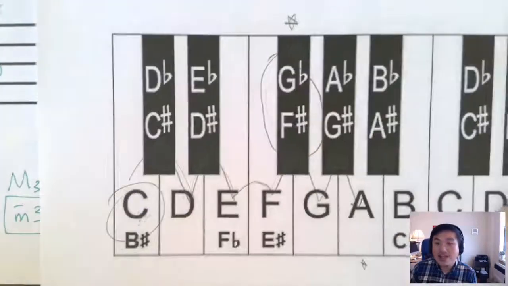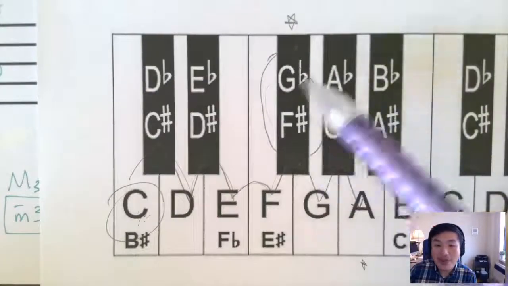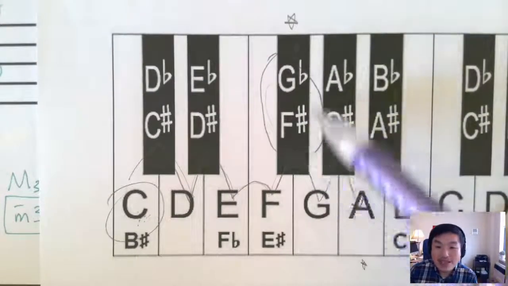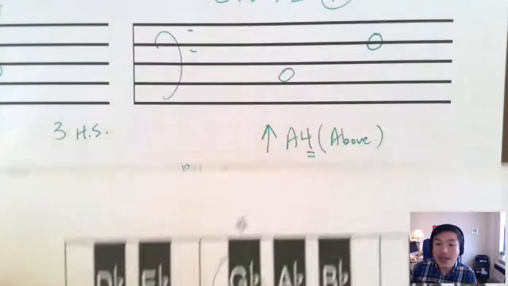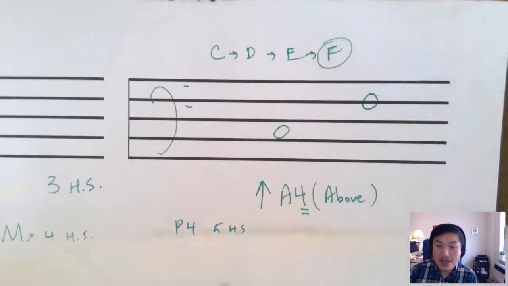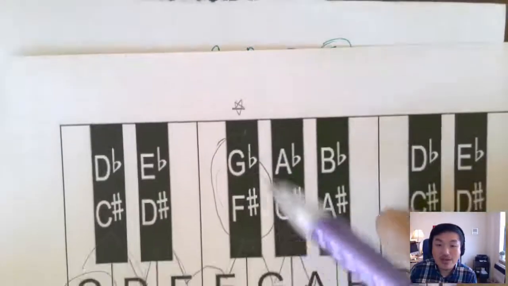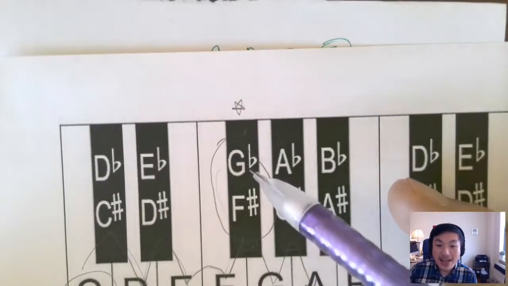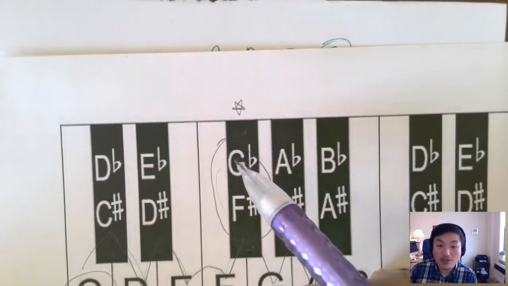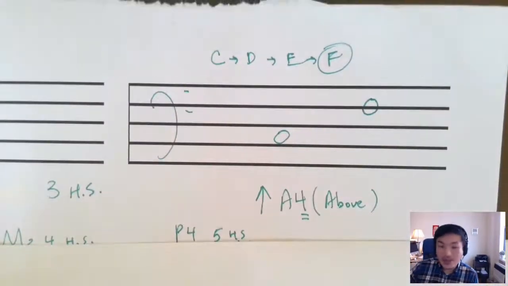Okay, so final step is once you arrive at this note on the keyboard, your job is to try to describe this note in terms of the letter name that you came up with earlier. So the letter name that you came up with earlier is F. Okay, so you need to describe this note as some kind of an F. And very clearly, this is either an F sharp or G flat, which means that the missing note is an F